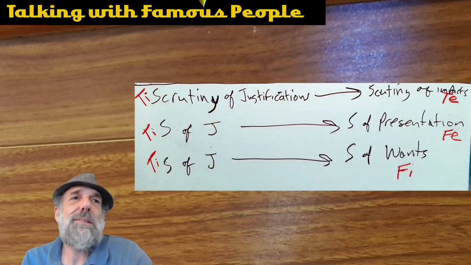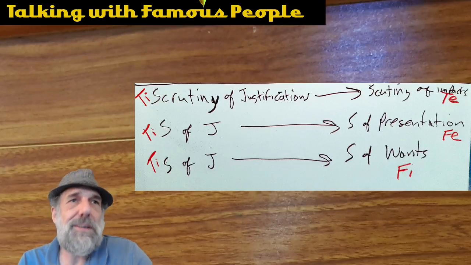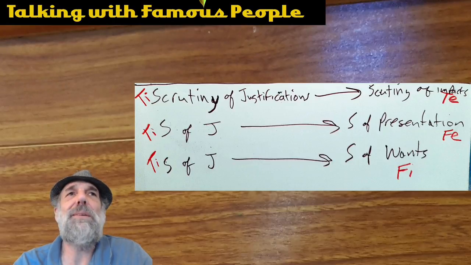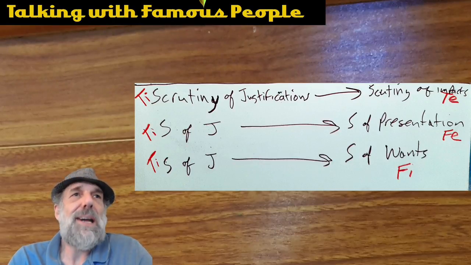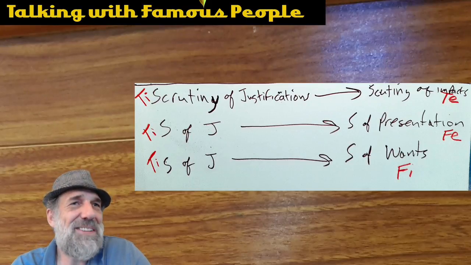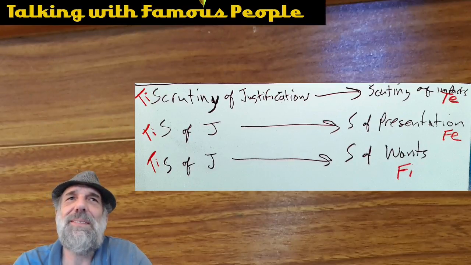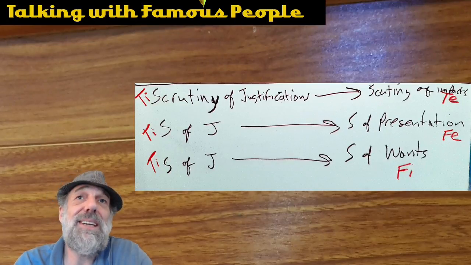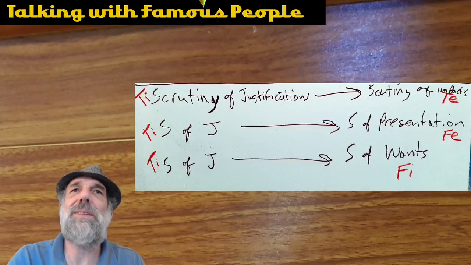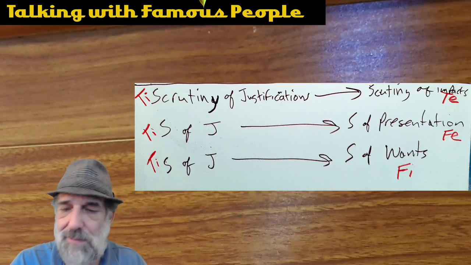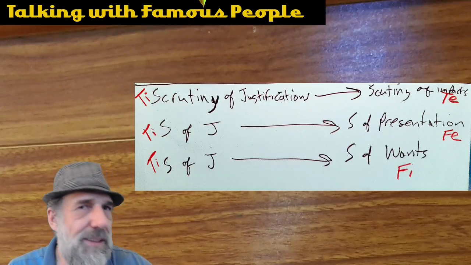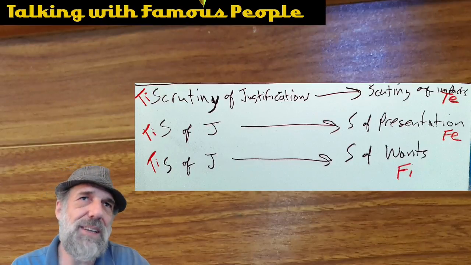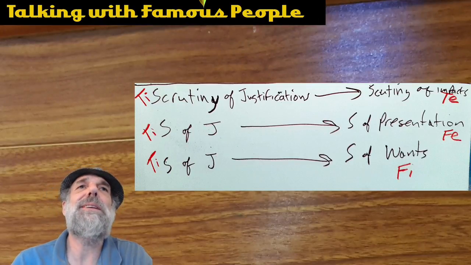You might say TI is scrutiny of justification. If you're going to phrase these things in terms of scrutiny of, right? And remember, these are my handwritten notes. So I don't include a lot of qualifications. So try not to bust my chops too hard about the metaphorical quality of these. Scrutiny of justification, well, then TE would be scrutiny of impacts. Scrutiny of justification over scrutiny of presentation, FE. Well, how correct is it versus how agreeable is it for the viewers? How user-friendly is it, TI, scrutiny of justification.